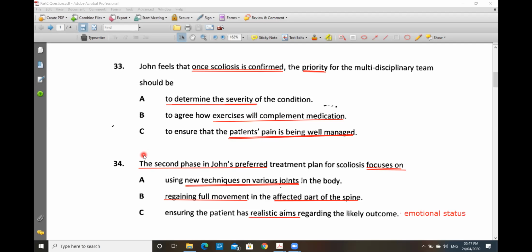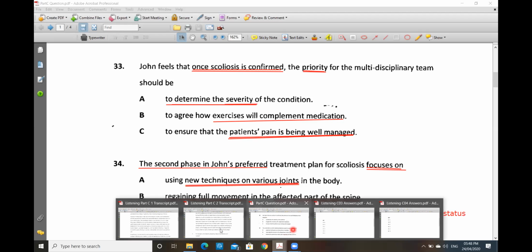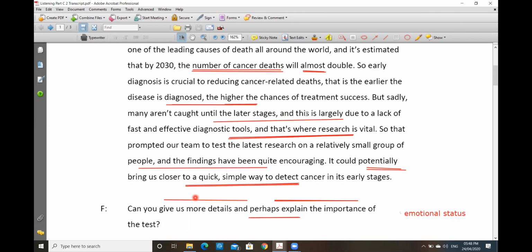Okay. So for 34, I can see almost everyone went with B. And for 33, some of you have selected B, some of you have selected C, and the others A. So let us discuss 33 first. So there was nothing about medication as such. So that was easy to rule out,